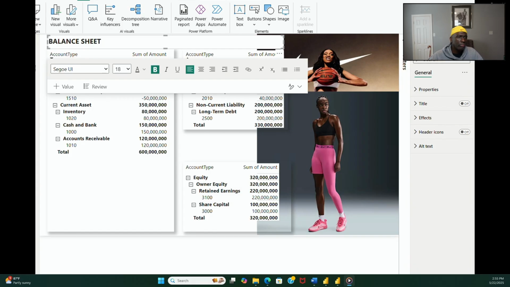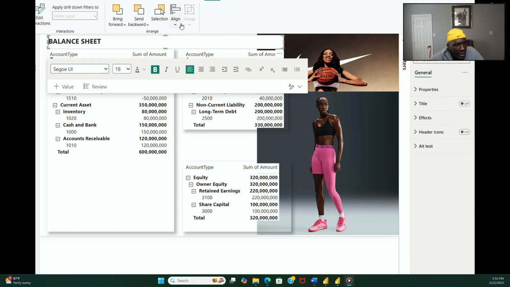One, we tend to have a logo to the left on many of our reports. In this particular case, we don't have a logo to the left, and we really don't have a logo to the right. So now it's just a matter of really trying to get an understanding of how we want to center it. What I'm trying to see here is I want to center everything over the visualizations and not center it